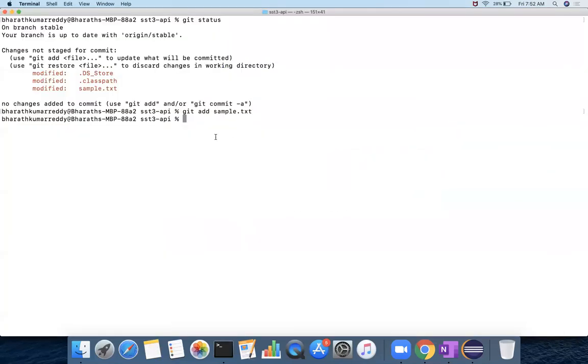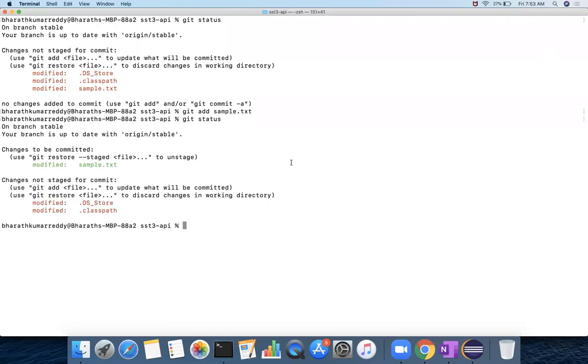Now after that you need to commit, right? Before committing, we can check again whether these files are added or not. How do I do that? Git status. See the difference between the previous git status and this git status. Earlier all were in red color.